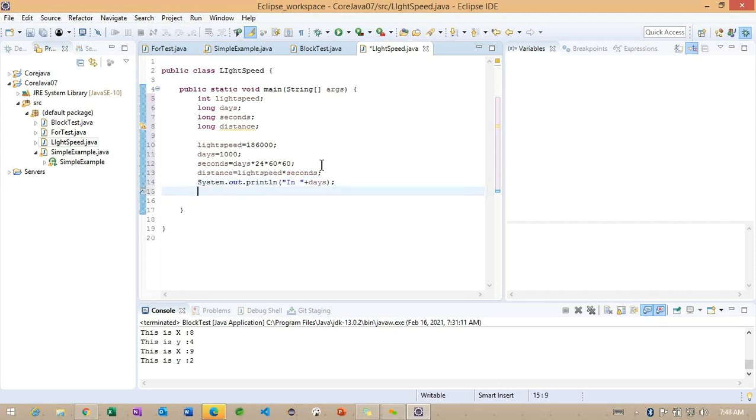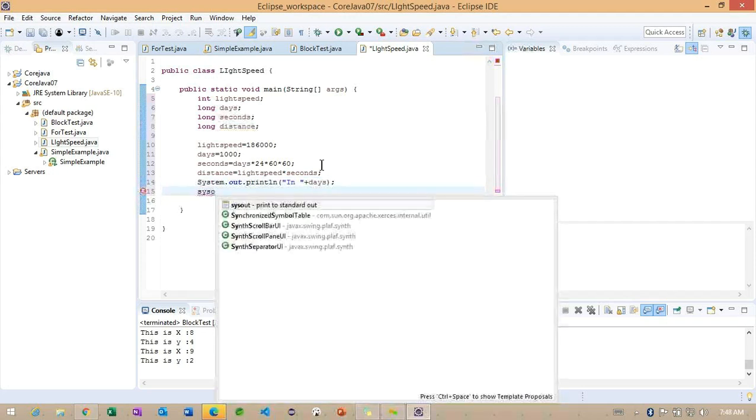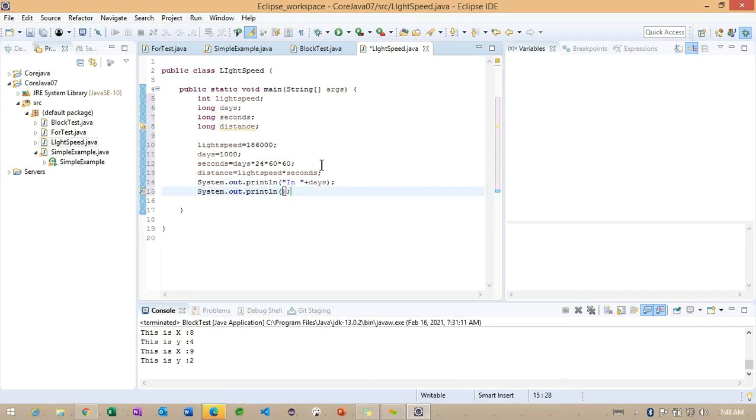In these many days, right? So observe the format in which I'm trying to print. This is also important here. In days, the light will travel.